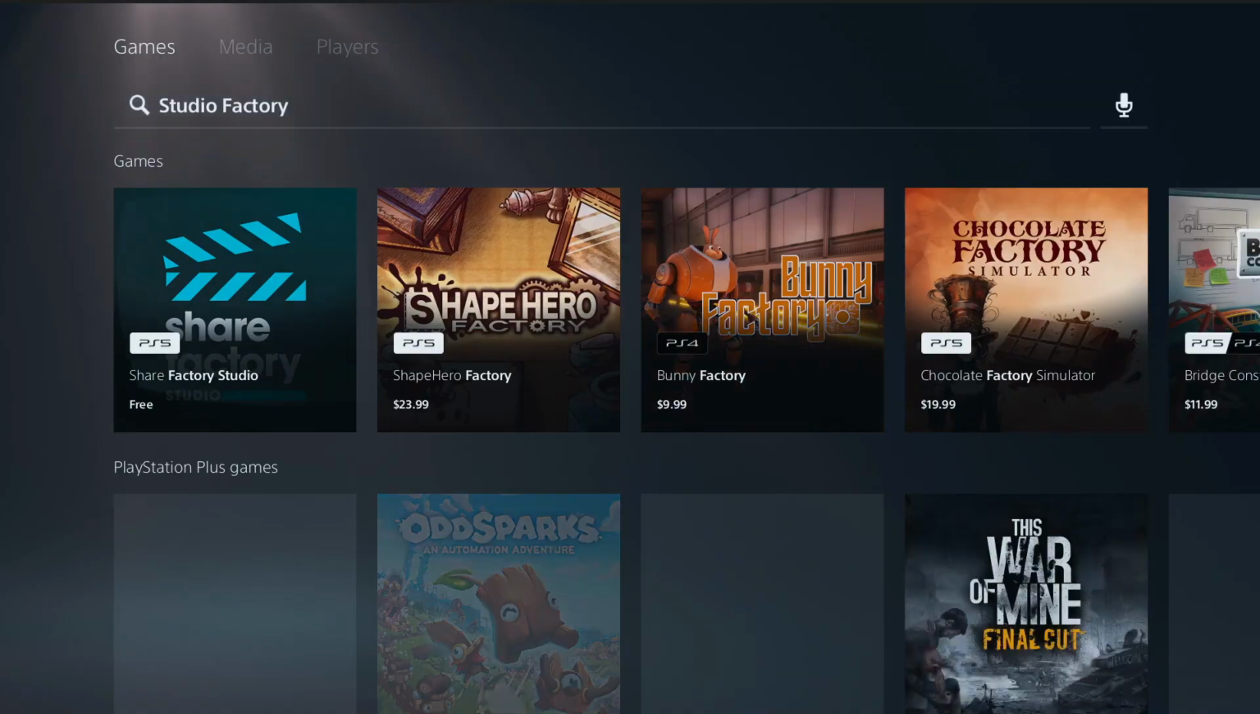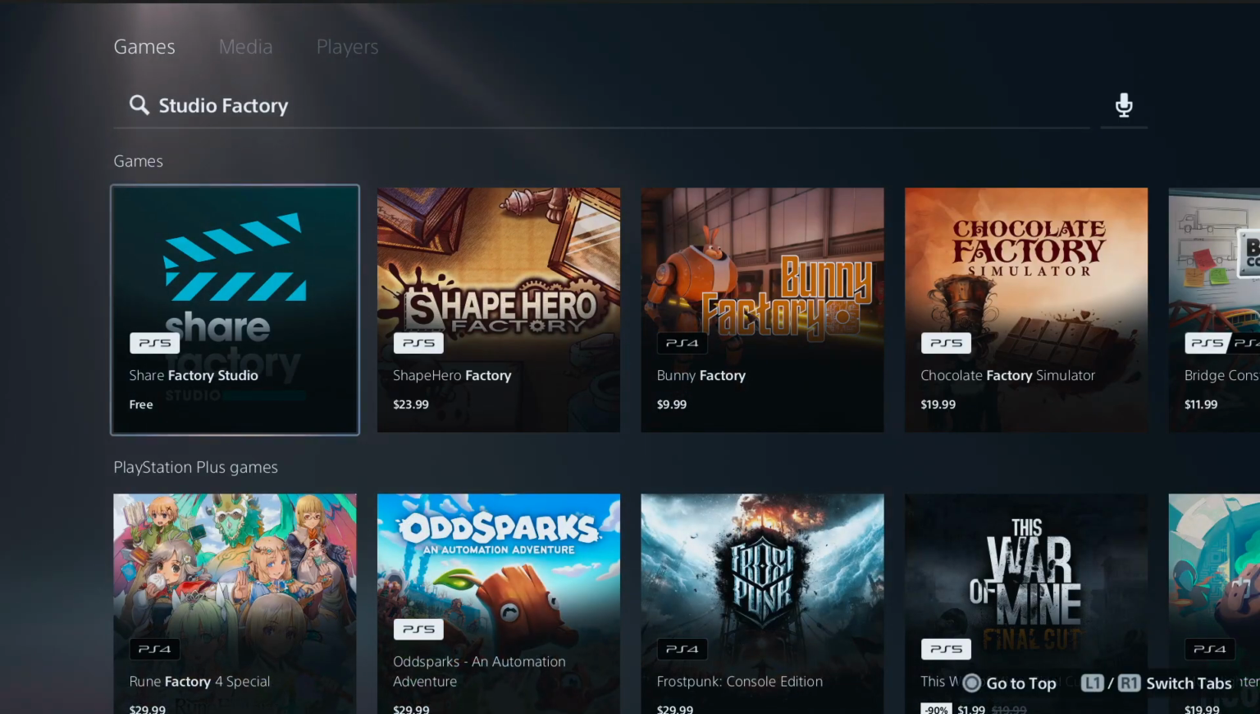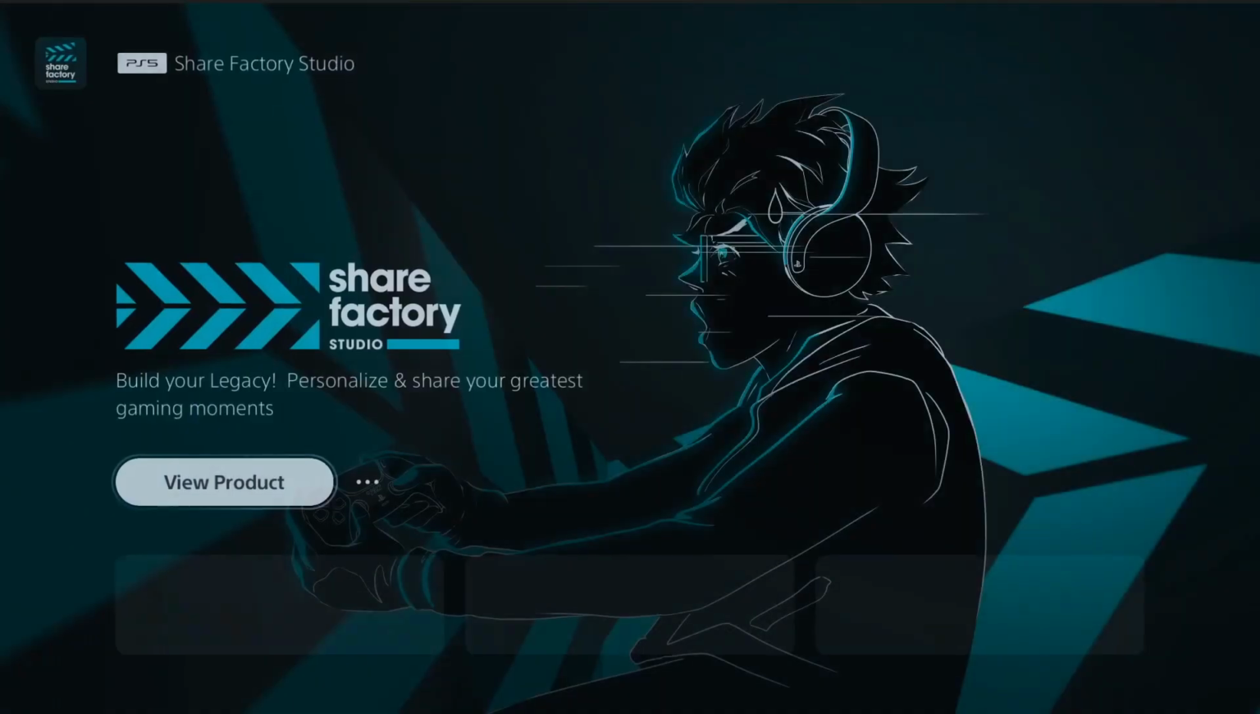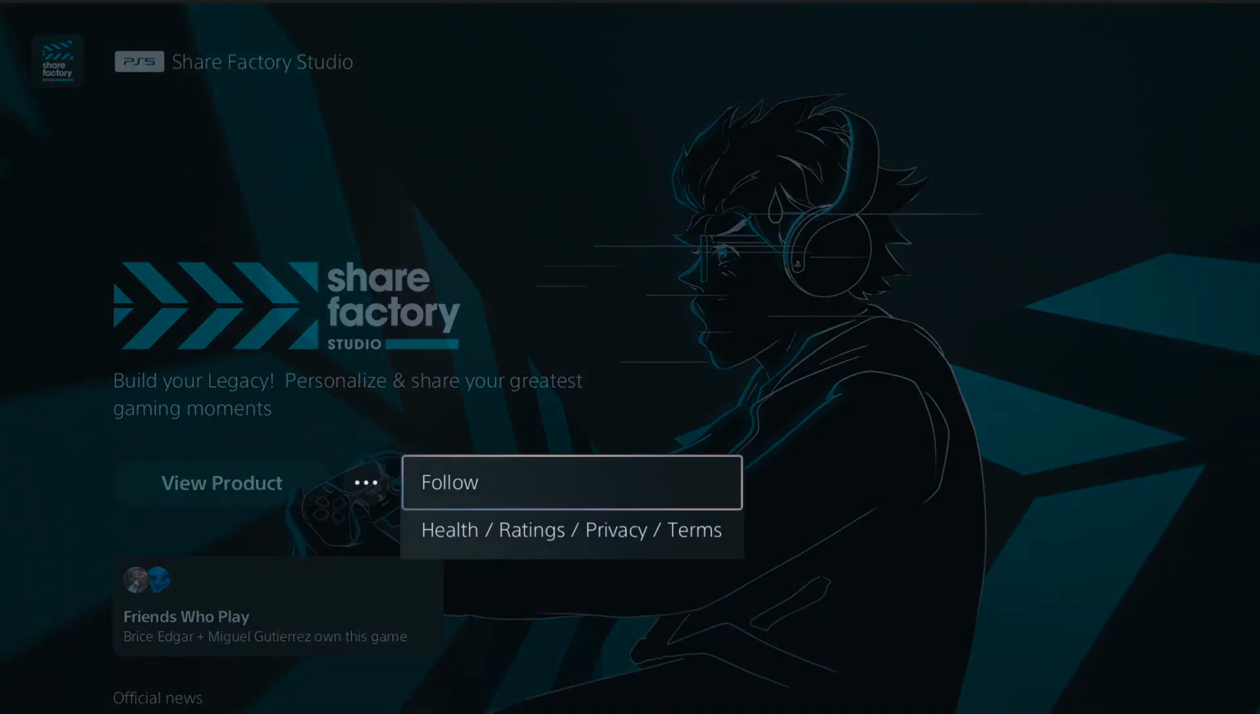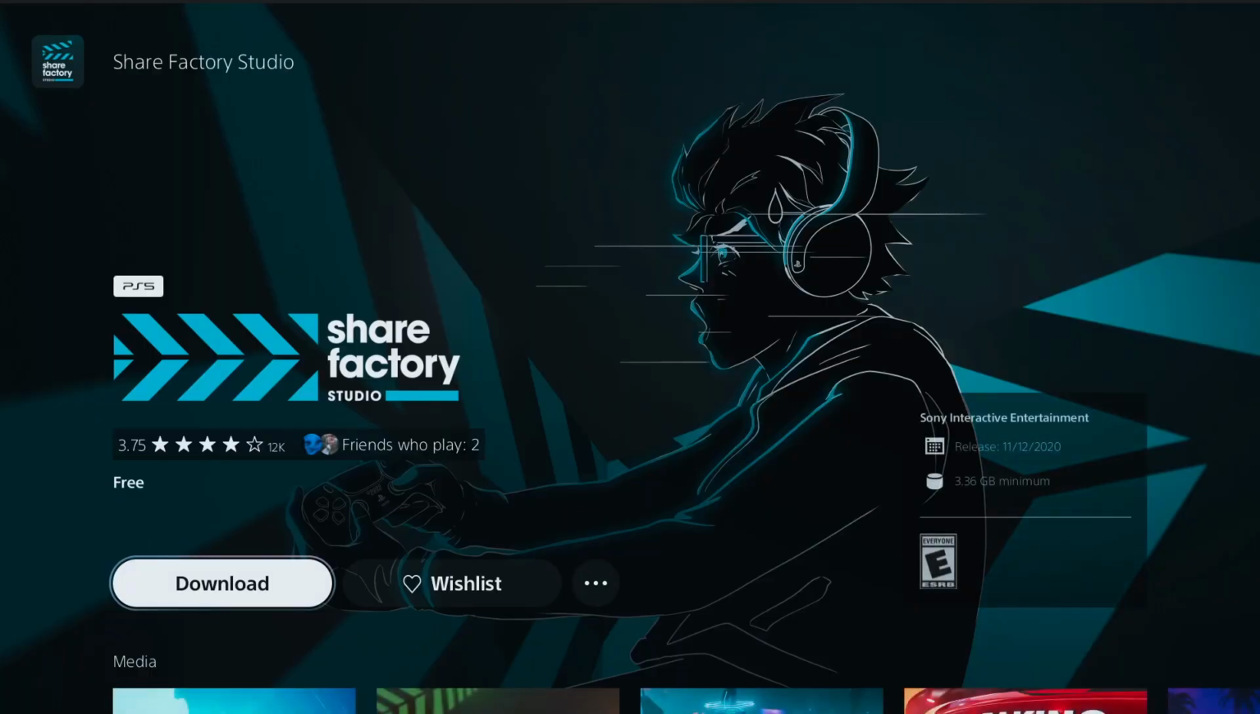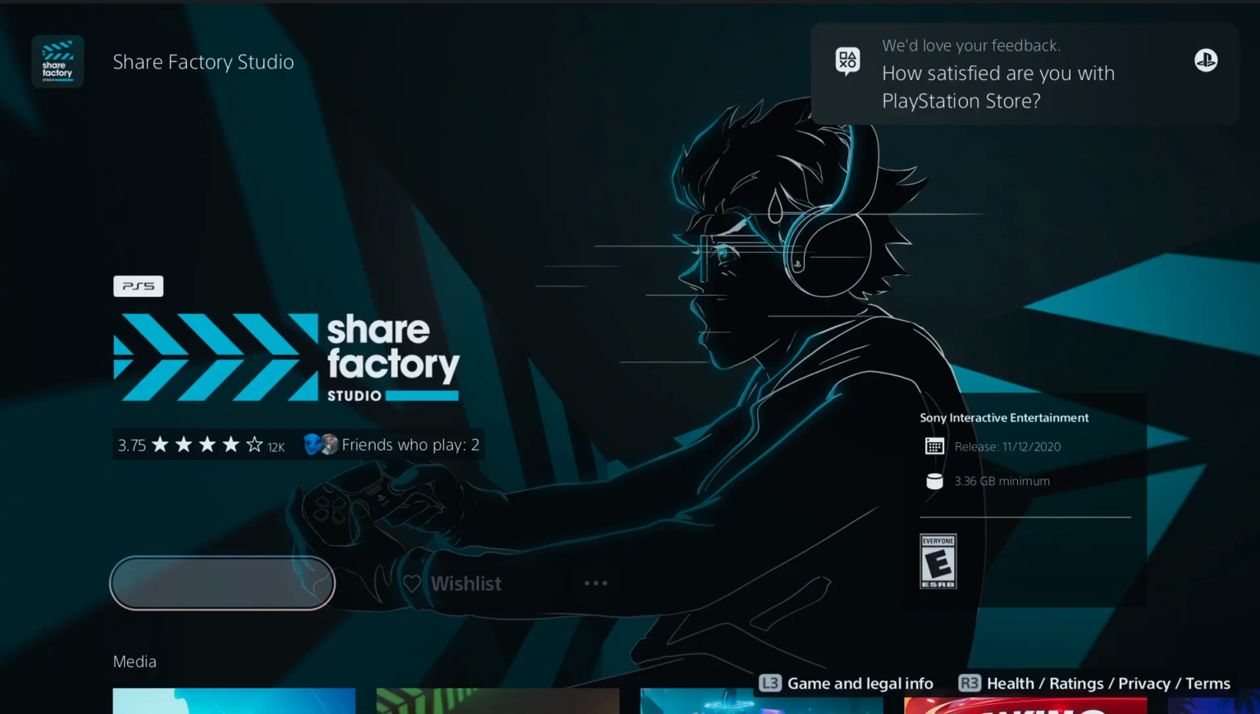It might take a second depending on your internet, but find this Share Factory Studio app right here. Open this up, hit view product, and then hit download on this app. It's not going to take too long to download. It is a pretty short app overall, but while it's downloading, what you're going to want to do